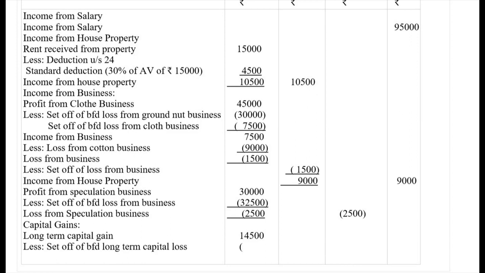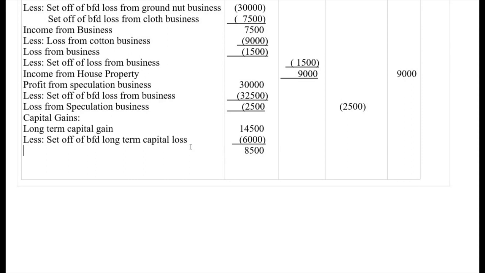Then we have got a set off of brought forward long-term capital loss, which is given in the problem as rupees 6,000 here. So now there will be income, that is rupees 8,500. So this is long-term capital gain remaining,